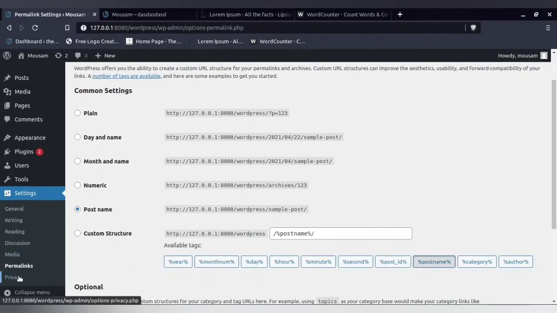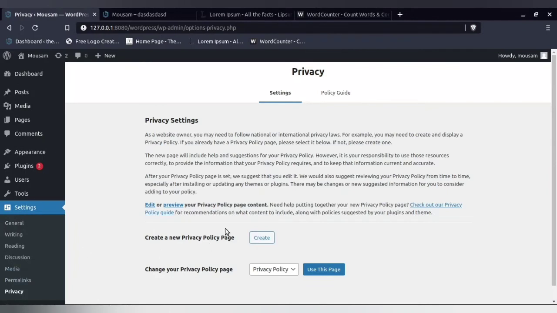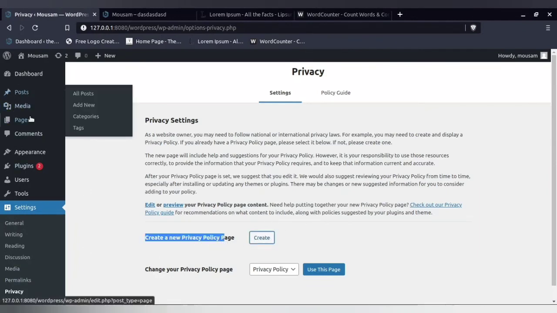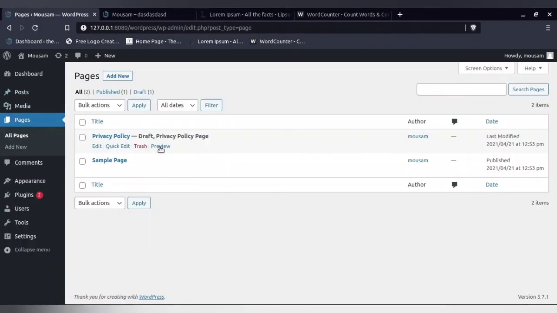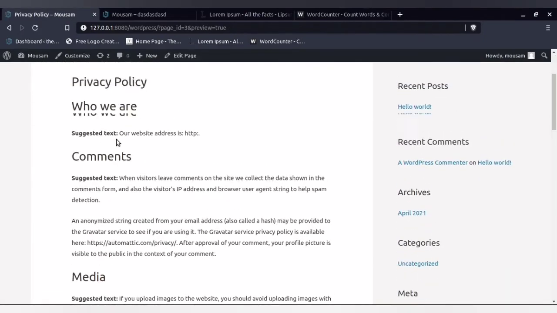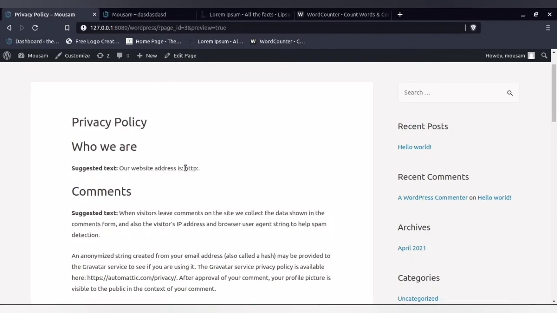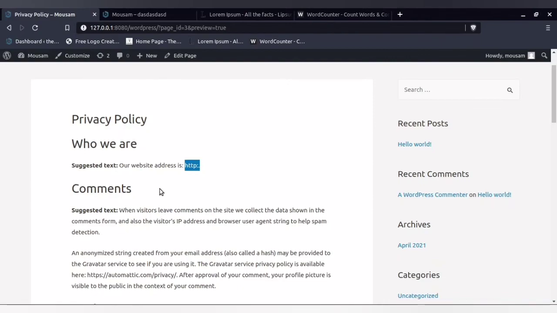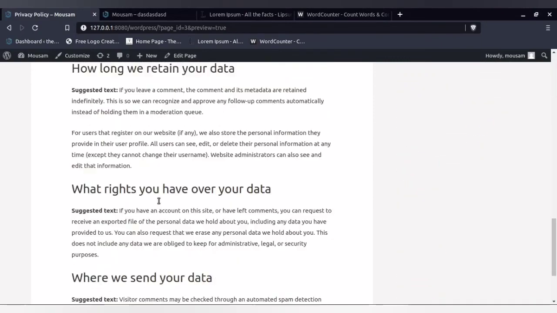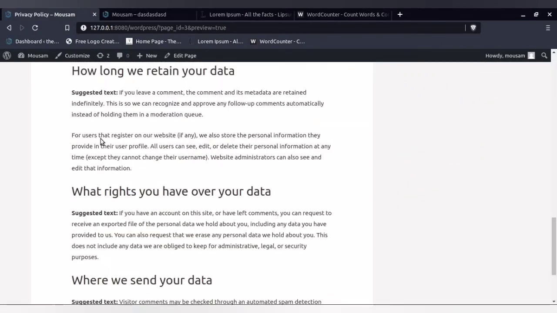Along with that, you also have a privacy. Now by default, whenever you install WordPress, in the recent WordPress, they have a privacy page already mentioned, so you can find it over here, page, all pages, a sample privacy page. It is already mentioned. WordPress has given you. All you have to do is that you have to replace few things and give it yours, or you have to mention your WordPress name and other things which you do.